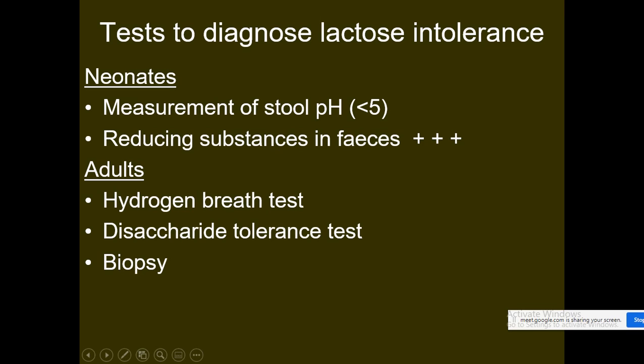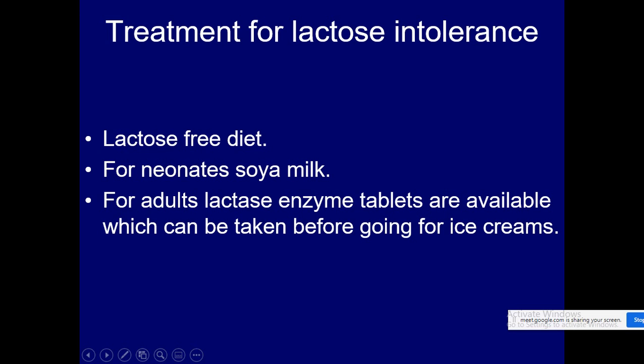Tests to diagnose lactose intolerance: in case of neonates, measurement of stool pH. If the stool pH is less than 5, it indicates the presence of reducing sugar, and if we do the reducing sugar test, 3+ is observed in the feces of neonates with lactose intolerance. In case of adults, we can do the hydrogen breath test, the disaccharide tolerance test is also there, and biopsy also can help. Treatment for lactose intolerance: a lactose-free diet only is recommended, and for neonates soya